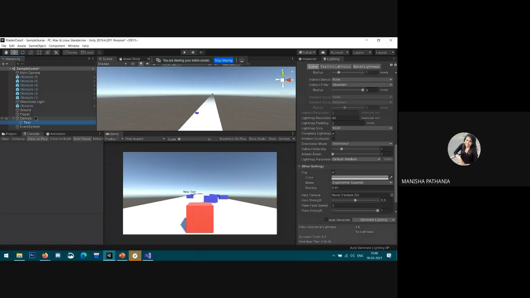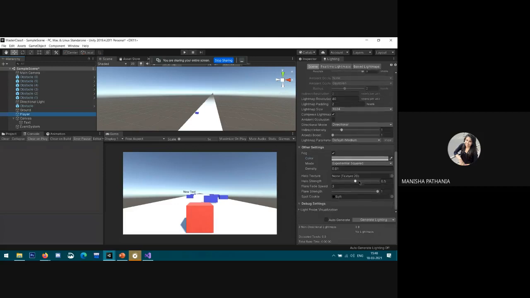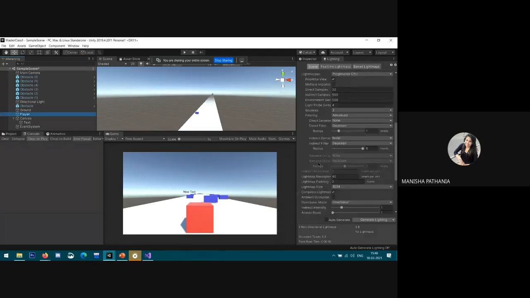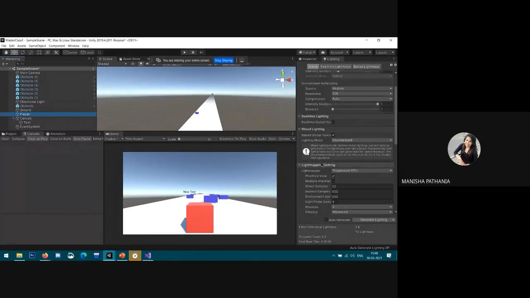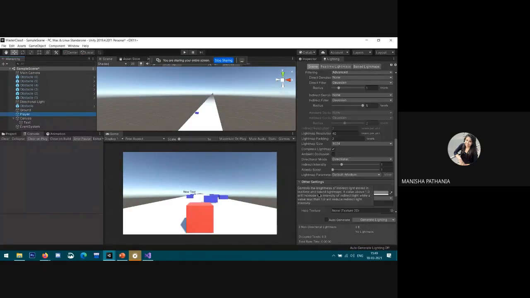To get more accurate physics detection, we select the obstacles and choose collision detection, go to the layer.